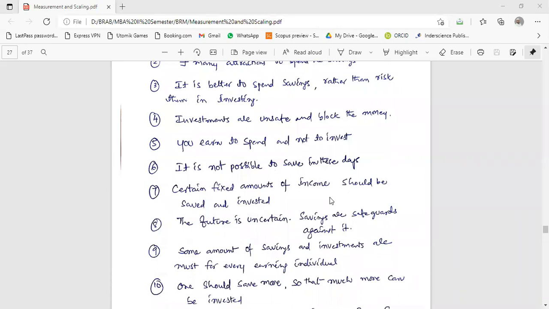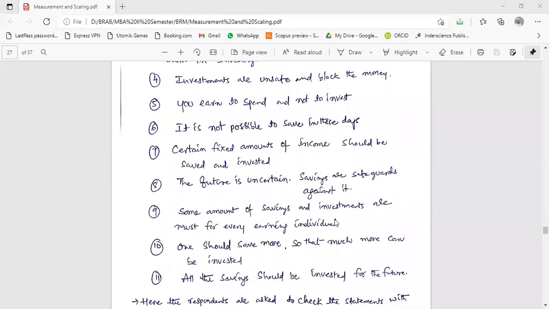Certain fixed amounts of income should be saved and invested. The future is uncertain, so savings are a safeguard against it. Some amount of savings and investment is a must for every earning individual. One should save money, and save more so that much more can be invested.